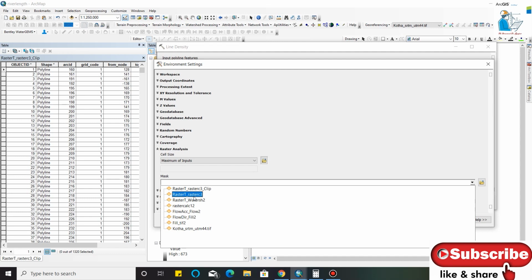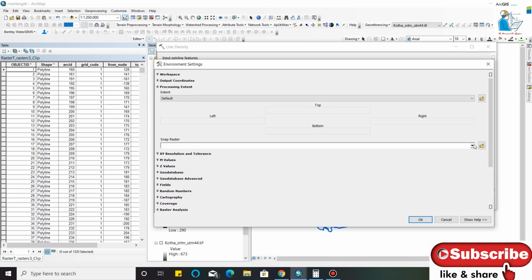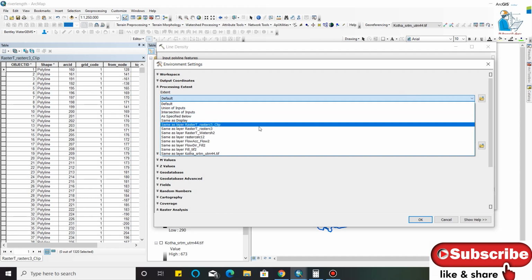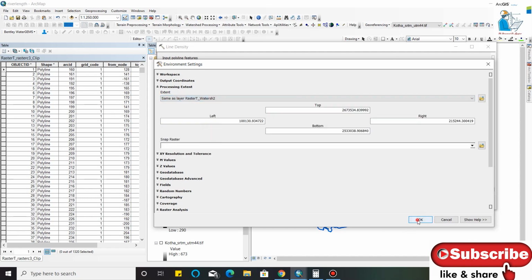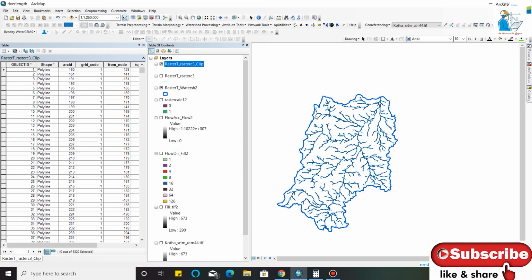We have to select the mask. This is my watershed. Okay. Processing extent. Select raster. Then click on the OK. Then only stream density will show inside the watershed.